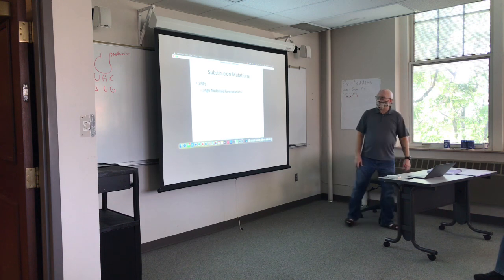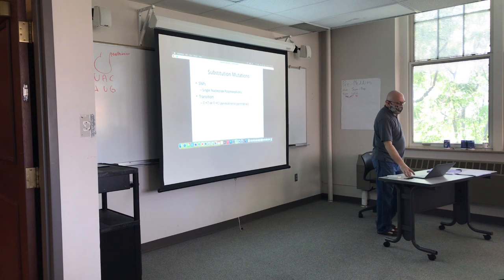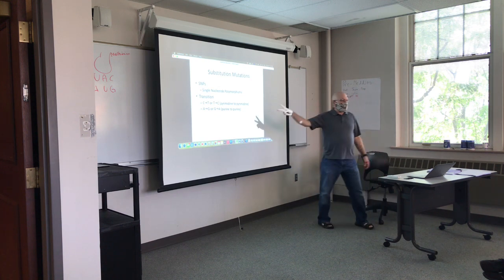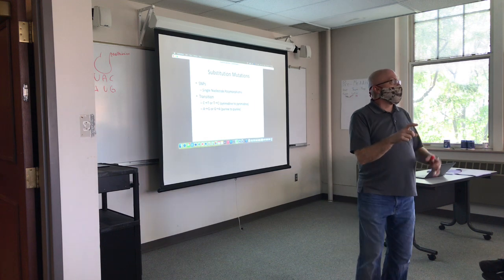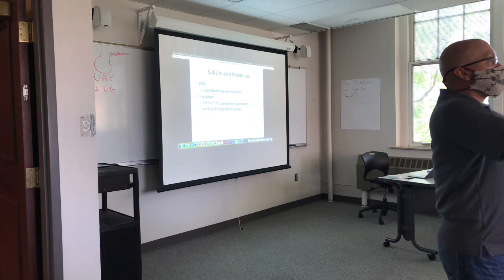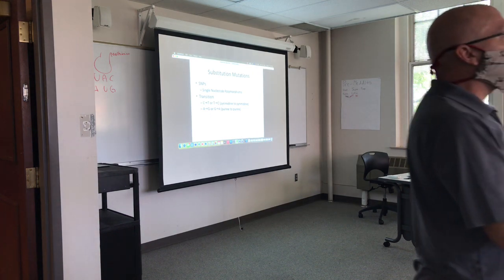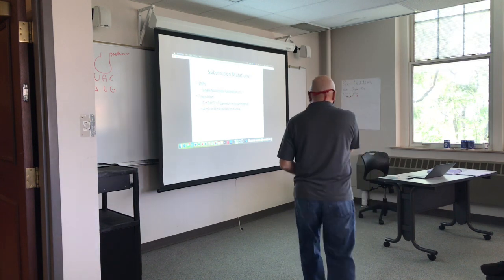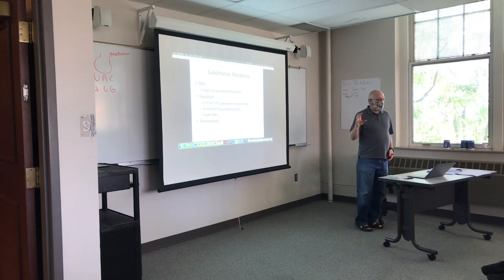So substitutions are sometimes referred to as single nucleotide polymorphisms. This is just when you swap a purine for a purine or a pyrimidine for a pyrimidine. These are transitions. Transitions happen more often than transversions because you're trading out a purine for a purine or a pyrimidine for a pyrimidine, so you're not changing the diameter of the DNA molecule, and that mutation goes relatively unnoticed by the DNA checking machinery of the cell. These occur at a faster rate than transversions because